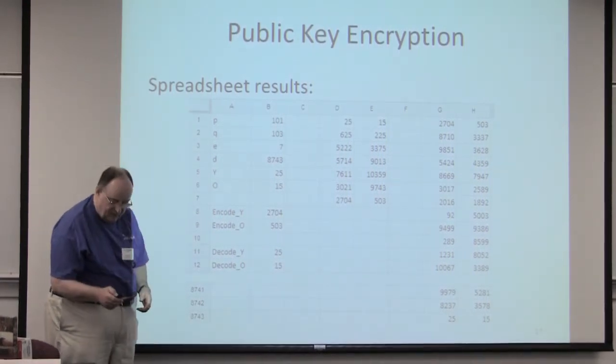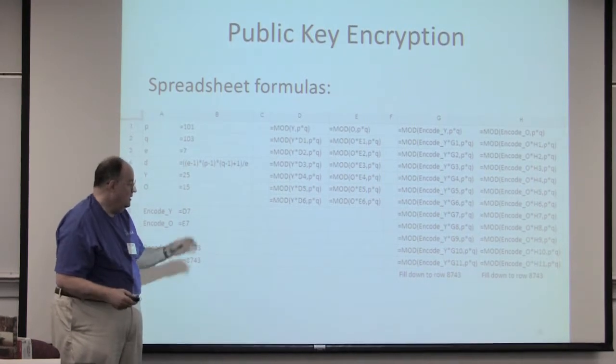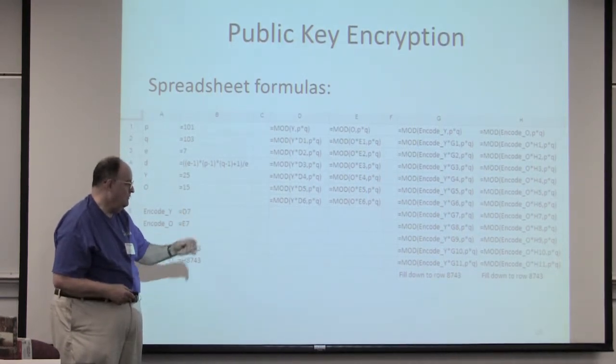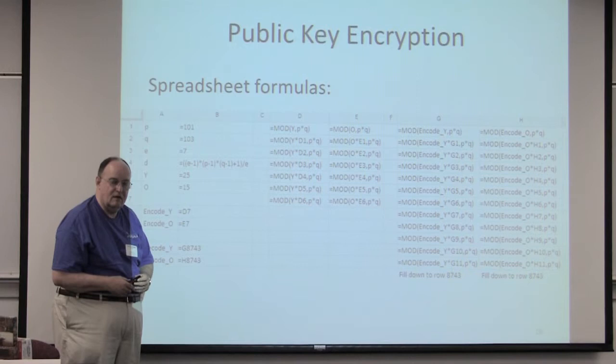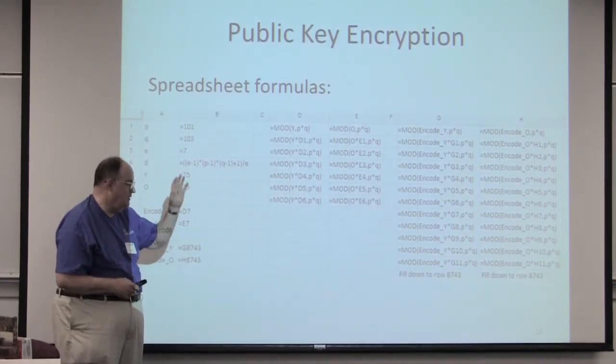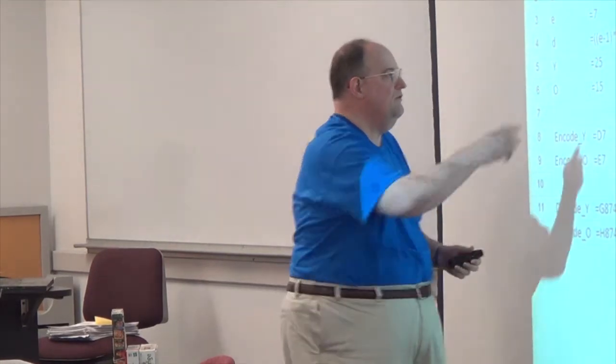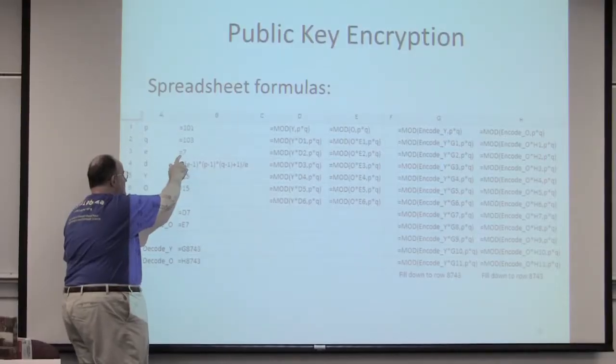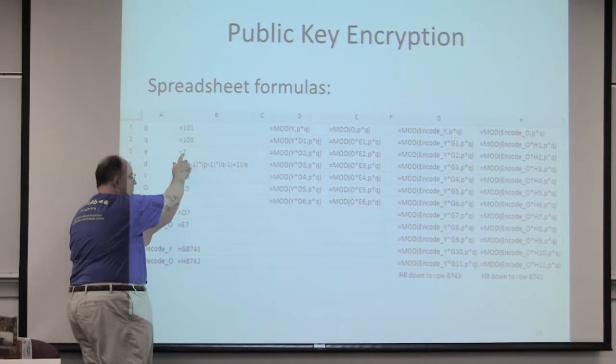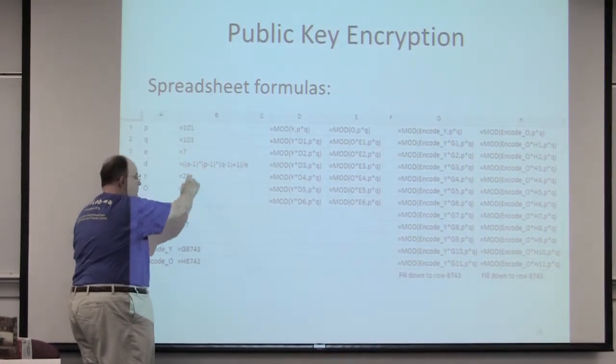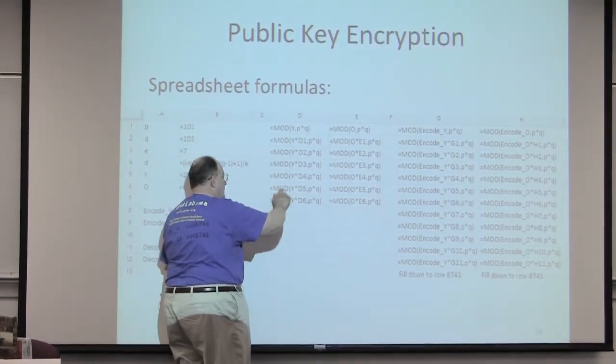This whole model can be done. Here are the formulas. If you understand how to fill down in a spreadsheet, and you understand how to define names, you can do this whole model, decrypt the message. Notice that E is 7, okay? E is 7, 3 didn't work, 5 didn't work, but 7 works. And we fill down to row 7,